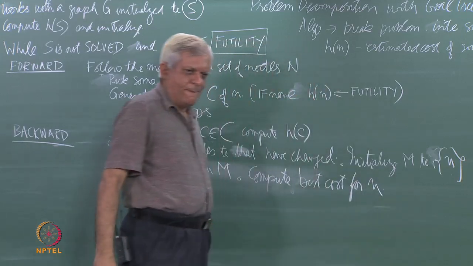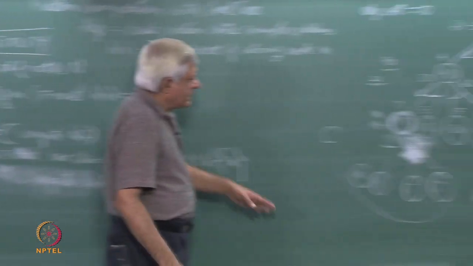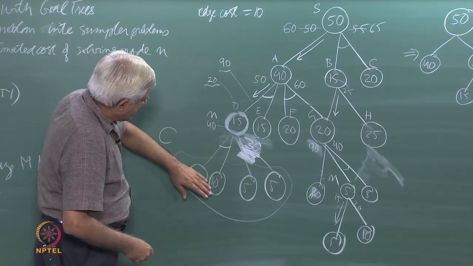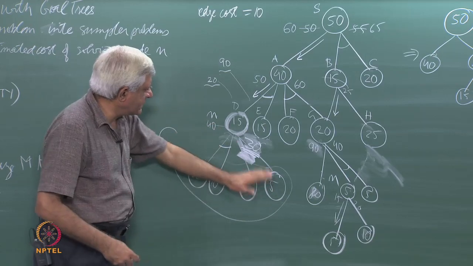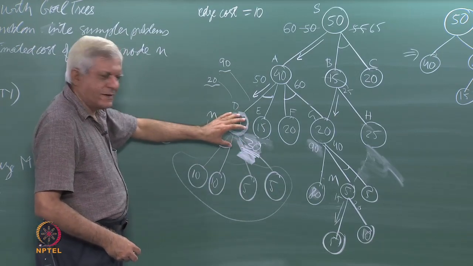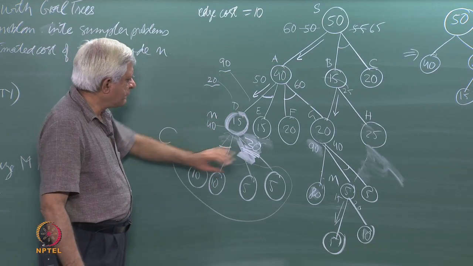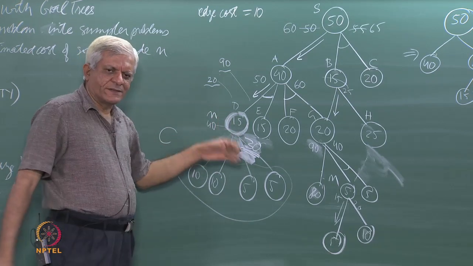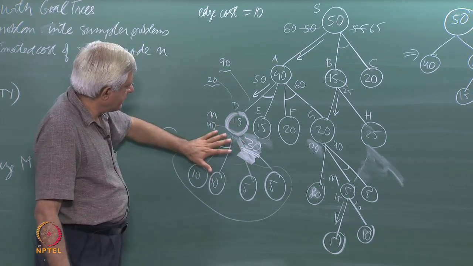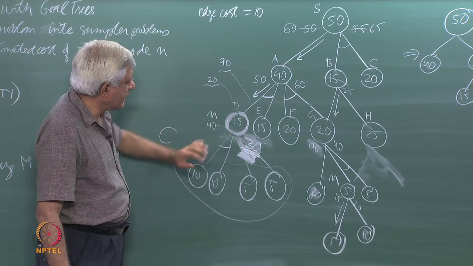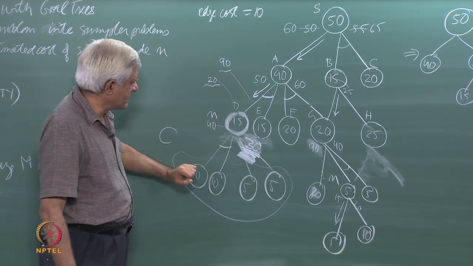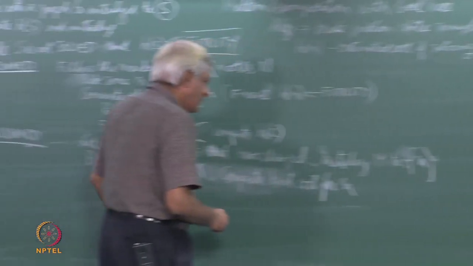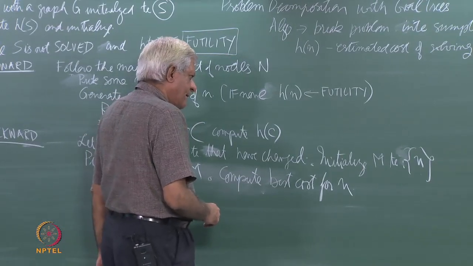for n. How do I compute best cost for n? So, for example, if this was n, then I can see that from this side the cost is 40 and from this side the cost is 30. So, the best cost for n is 30 essentially. And I should have a check that anyway you are going to revise the cost irrespective of whether it improves or not essentially. So, compute the best cost for n, if